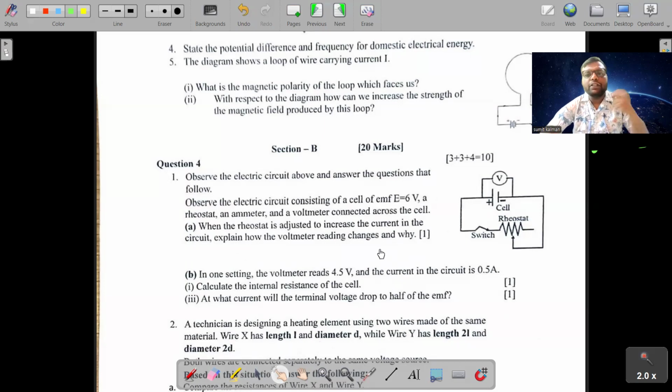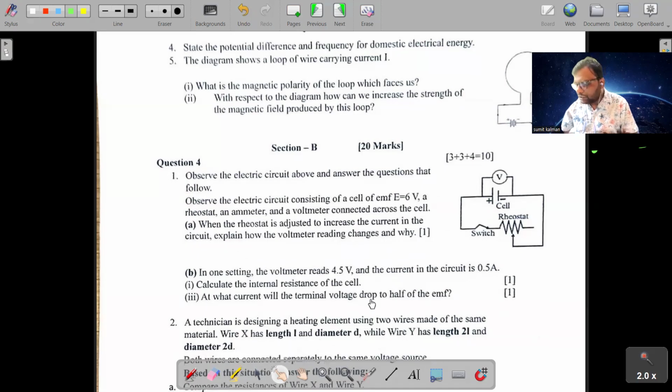So here students, we have to explain how the reading of voltmeter is changing, and we have to give reasons why the reading of voltmeter is changing. So this is in work mark. So students, the explanation will also be very simple. It is not a very tricky problem. Simply